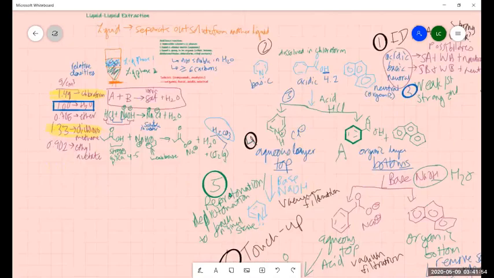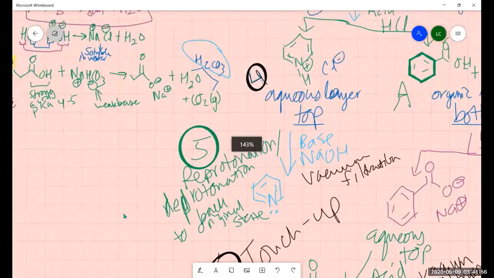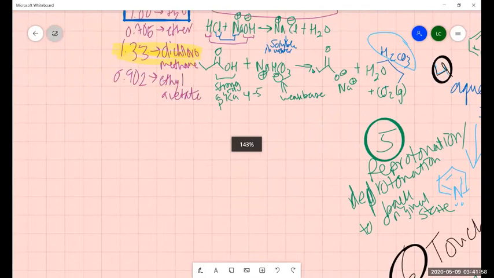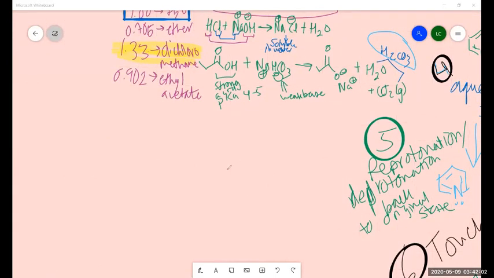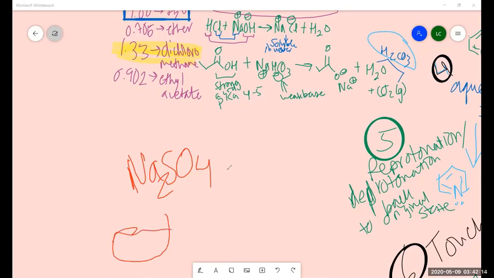But it's something nice for Orgo too, since you do practical and you use sodium sulfate to dry things sometimes. What drying means isn't that you remove all the liquid in the sample. What it means is getting rid of